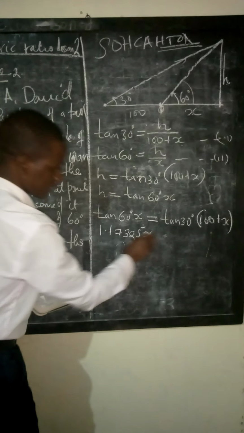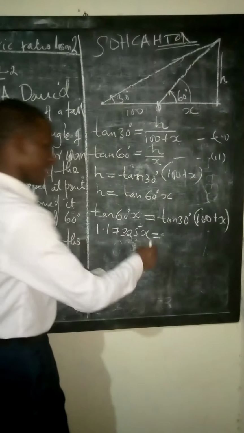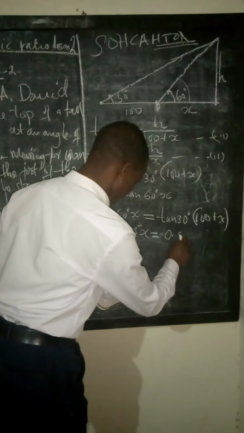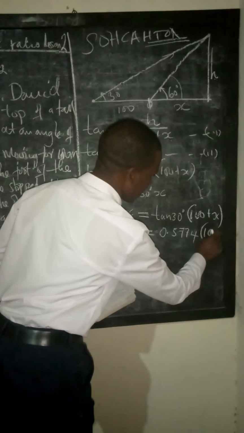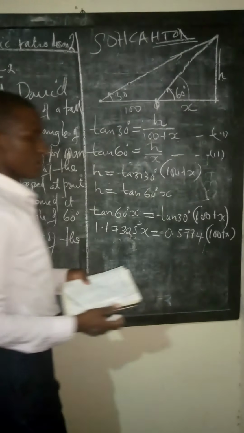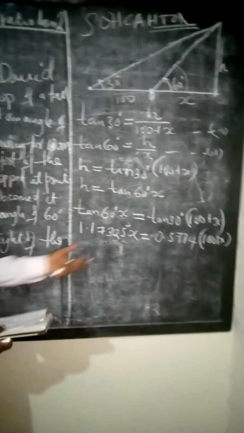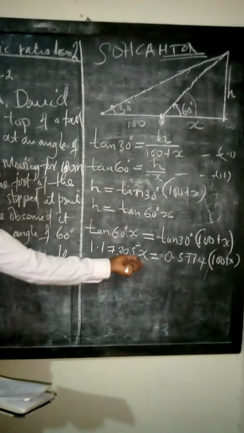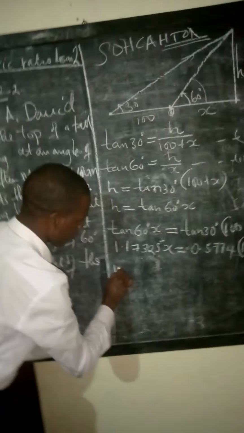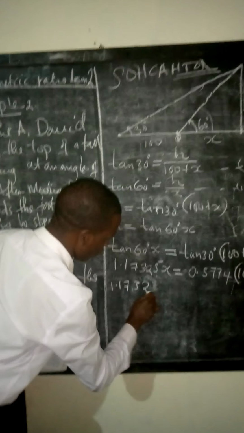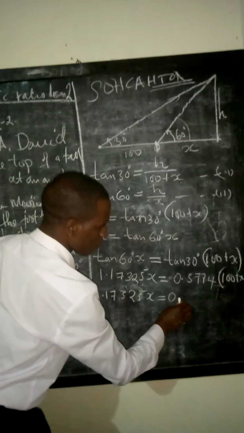So tan 60 degrees is 1.17325x, which is equal to, you can use your calculator to find tan 60 or tan 30, 0.5774 into 100 plus x. All of us, I guess we are there. Then from here, we group the like terms. We form an equation whereby we are required to find the value of x, and we can open the bracket here. So we shall have 1.17325x is equal to